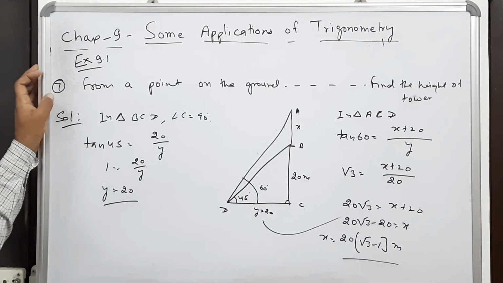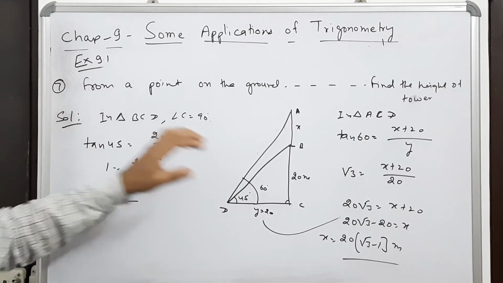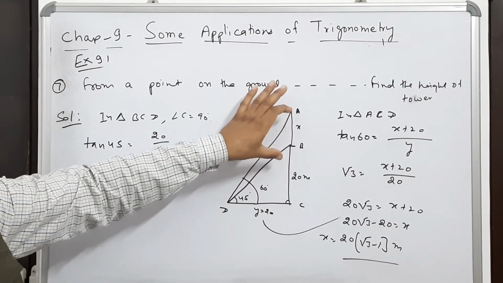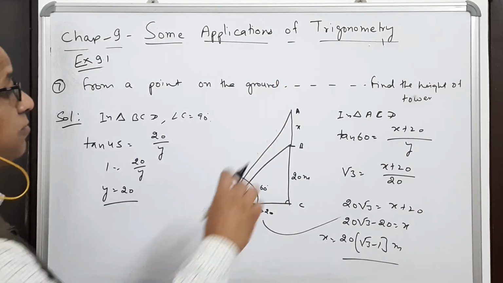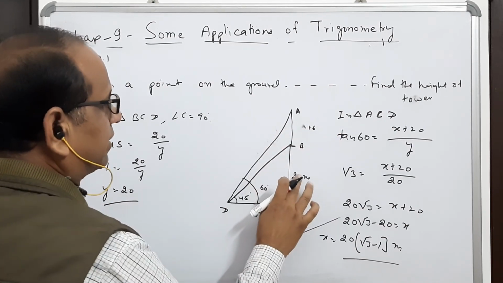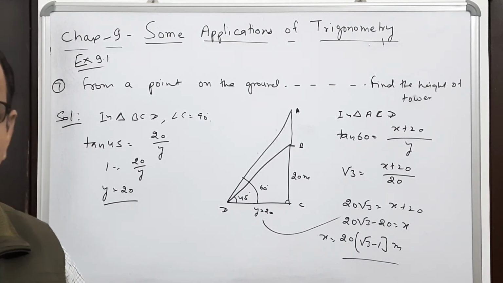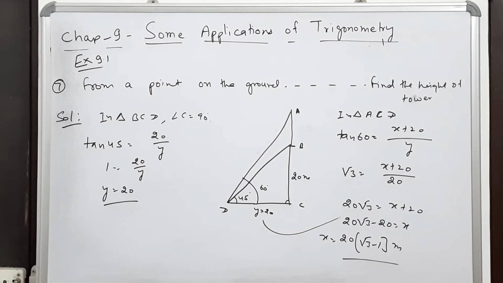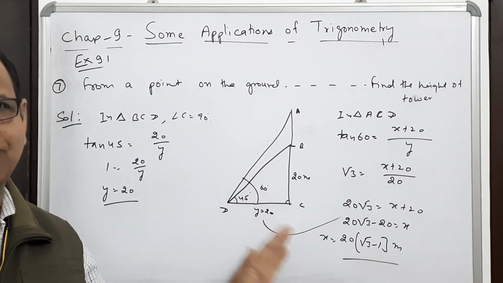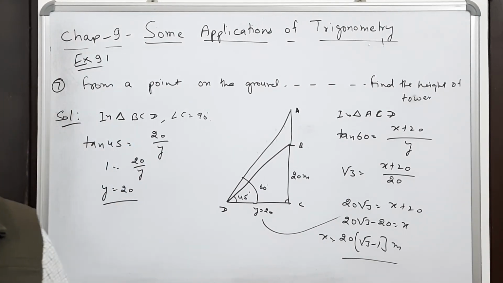With this problem, there is one more sum in the book, sum number 8. In that, instead of a tower there is a statue, and the height of the statue is given this time. So x is given here, and this part is missing. You can try that sum also, although I am sending the images of the answers of all the sums of exercise 9.1, because I feel that the problems in the board exam will be asked from these 16 problems given in the NCERT.